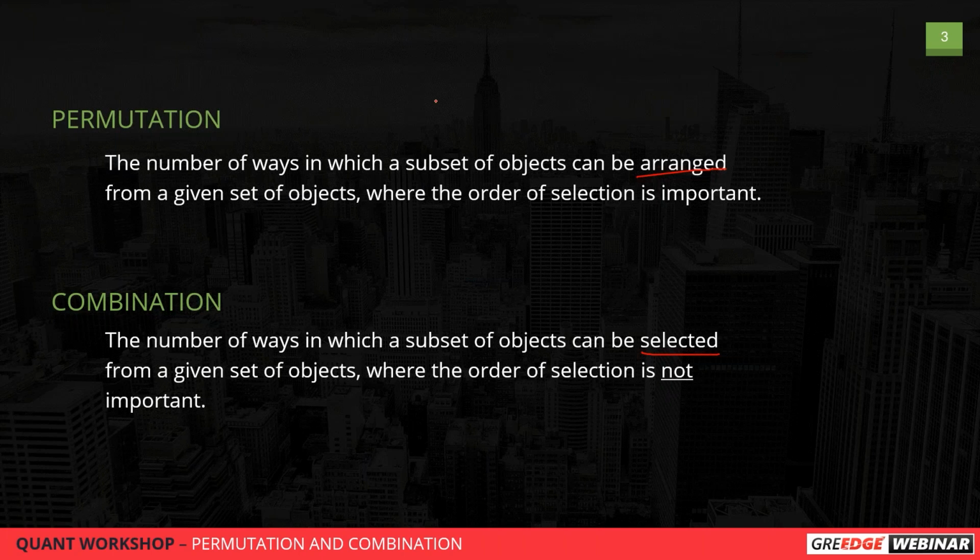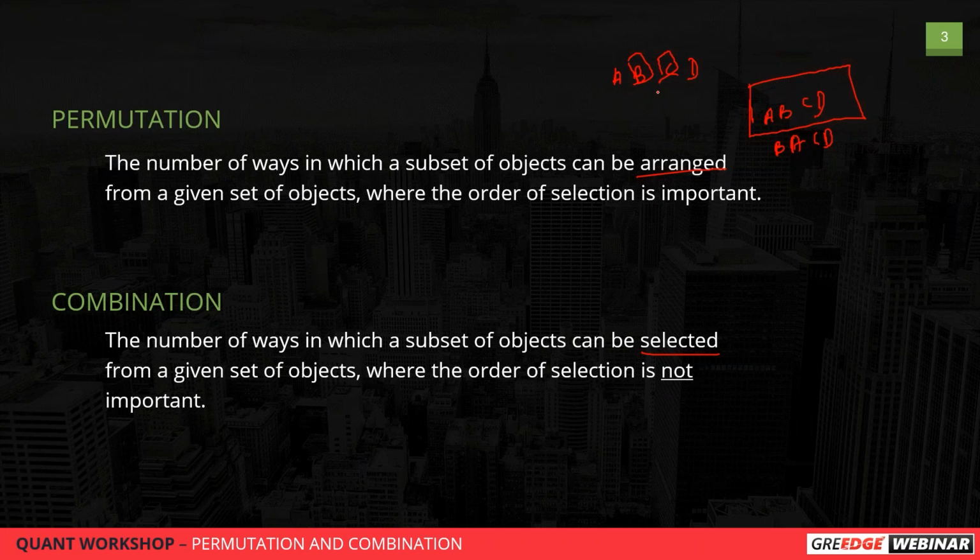For example, let me say books. We have four different books, A, B, C, D. If you are a shopkeeper, you will show them on the rack, right? So in that case, what will be the logic? If you are a shopkeeper, how many ways can you arrange the four books? Then the question is about permutation. You can arrange them in different ways, like B, A, C, D. But if you're a buyer, for example, I want to buy one book out of the four, I will choose either B or C. In that case, it's based on selection.